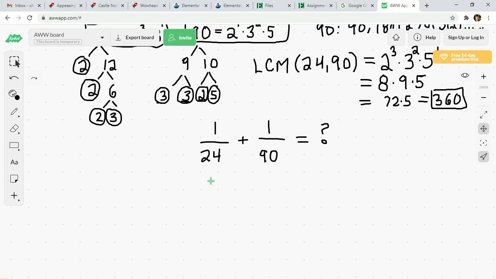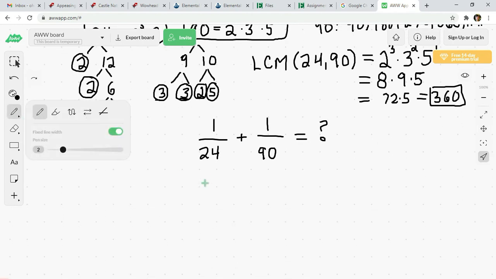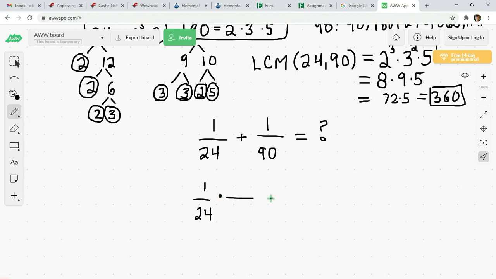So maybe I'll pull this down, give myself a little bit more room. So I'm going to have to multiply 1 over 24 times something over something plus 1 over 90 times something over something. And now I need to think,